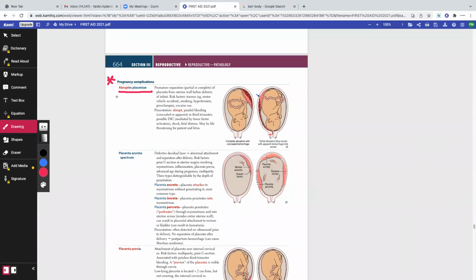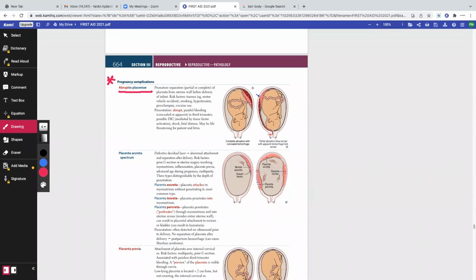Okay, so let's begin with the first one: abruptio placenta. What is abruptio placenta? Abruptio placenta is a clinical condition where, abruptly, at an earlier stage, the placenta gets separated from its attachment with the uterus. If the placenta gets separated from the attachment of the uterus, will the child receive an adequate amount of oxygen and nutrition? The answer is no. Will the mother have abdominal pain? Yes or no? Fast answers, please. The answer is yes. Obviously, the mother will have abdominal pain because a part of her organ is coming off, right?